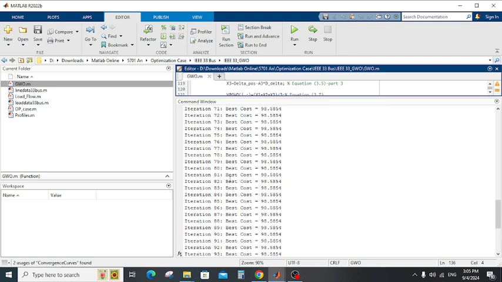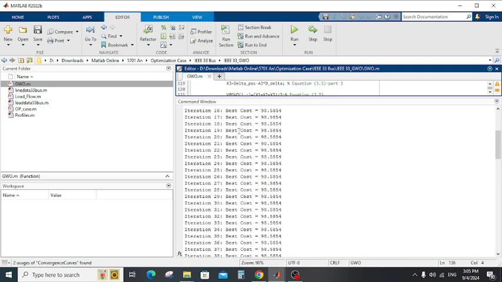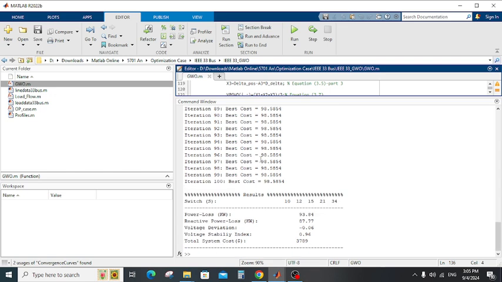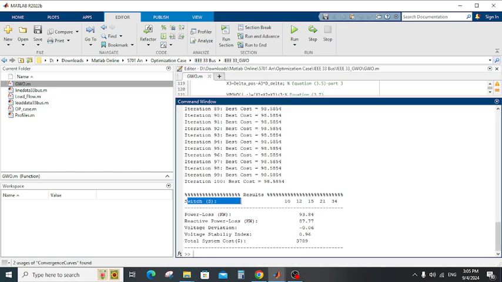As you see here, this is after running that. In each iteration we printed the best cost with the values, and after that we printed the result. The result means the switches, which switch is open. As you see here in our process, line 10, line 12, line 15, line 21, and line 35 are open, and the power loss depends on this reconfiguration. That power loss will be like this, and the reactive power like this, and also voltage deviation like this, and the voltage stability index is this, and the total system cost is